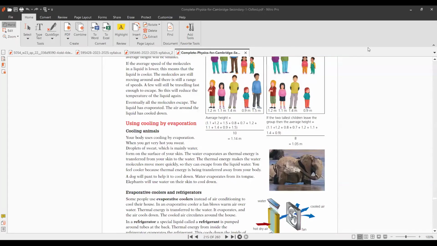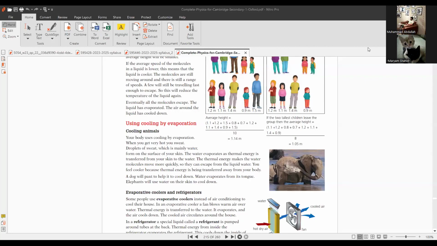Then comes the phenomenon of evaporation, which is related to the thermal energy transfers. So when it comes to that,